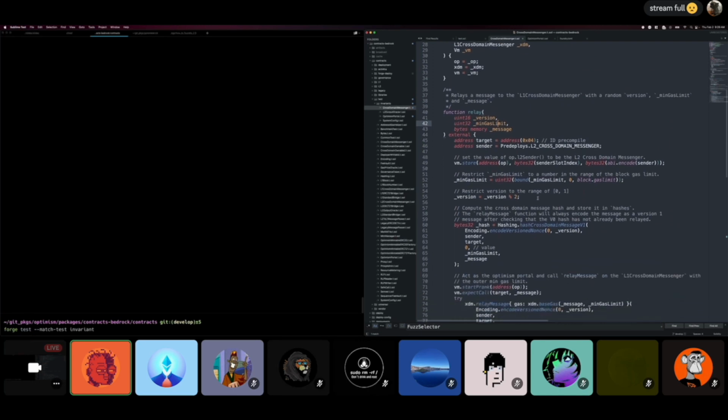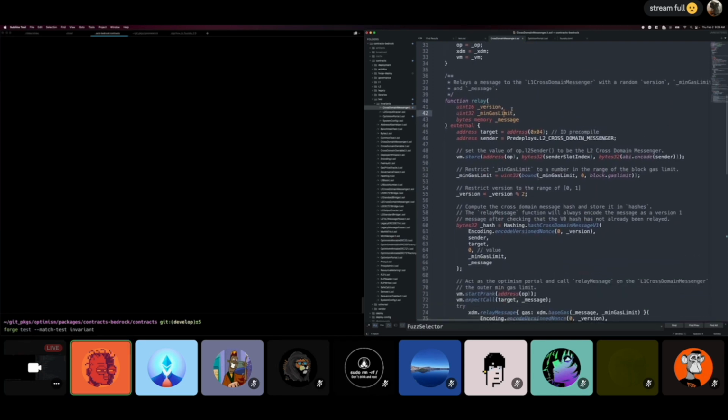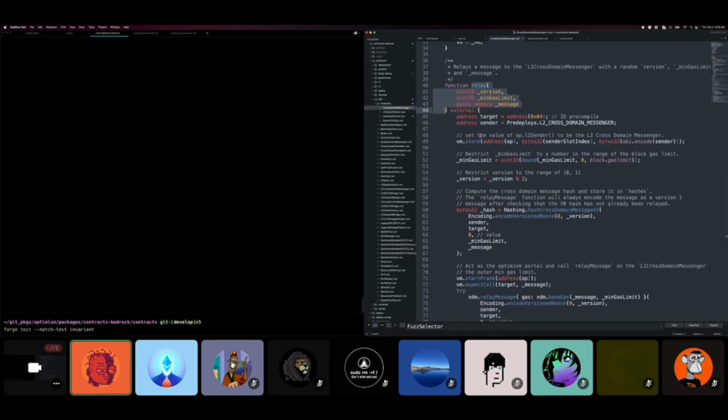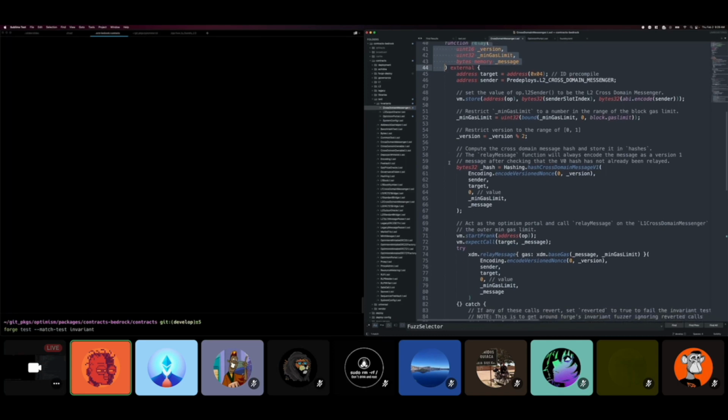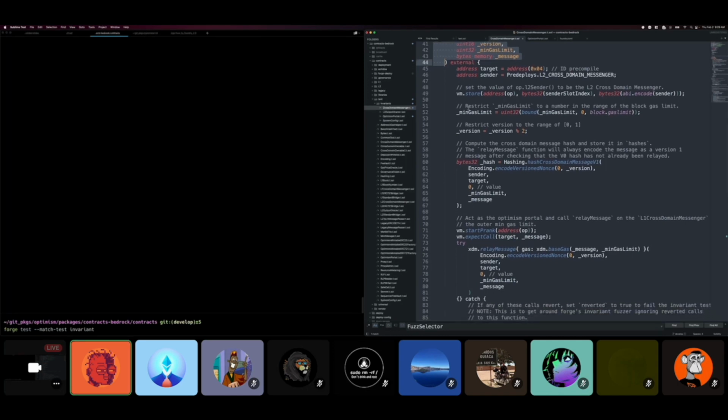I can zoom in even more. So it treats this relay function as a fuzz test, and it will chain multiple of these for a certain amount of depth. And that is configurable in foundry.toml, and you can kind of get a sense of what they're doing here, right? So they're specifying a precompile. They're doing some vm.store. This is kind of what I was touching on earlier, where vm.store is a very powerful thing. So even if you don't have a public function to read or write a particular variable, you can still go in and